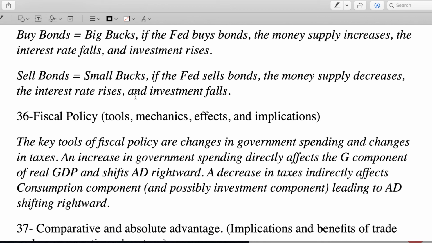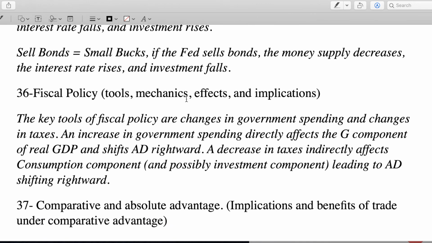So basically, in some sense, when the Fed buys bonds, they're buying them from banks with accounts with the Fed, and they're essentially adding zeros to the end of those banks' bank accounts. Or when they're selling bonds, who buys those? Well, those banks. And so then they're taking zeros off of their bank accounts, right? It's a little bit of a simplification, but kind of how it actually works.